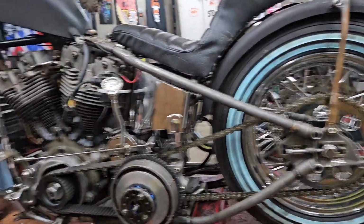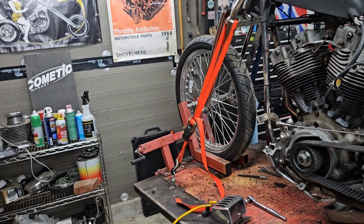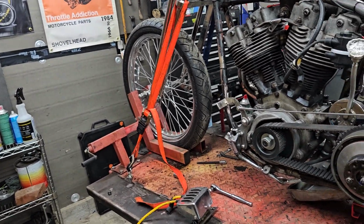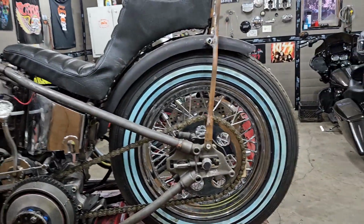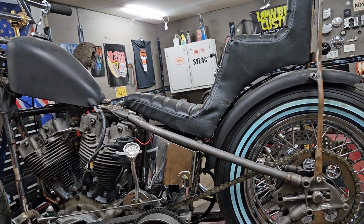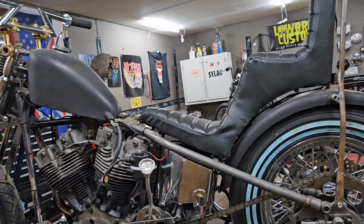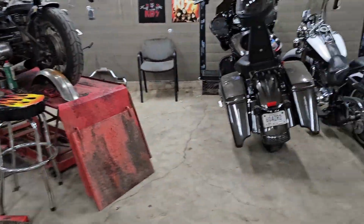Who's going to be the first one in the comments to tell me who that band was and what that song was? The song, that's going to be easy. That might be a trick question for some of y'all, but if you know your metal history, you're going to know who that band was. More people are going to get it wrong than get it right because it's not really a trick question. You just got to know what's up. But anyway, so,